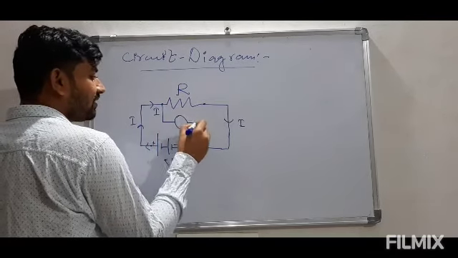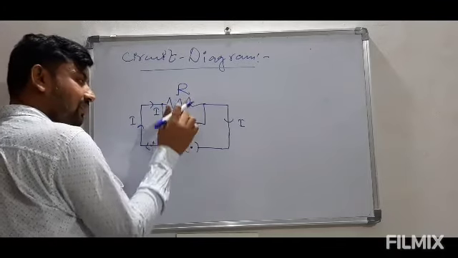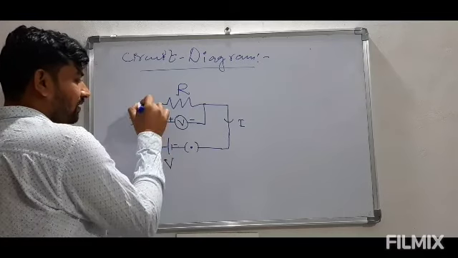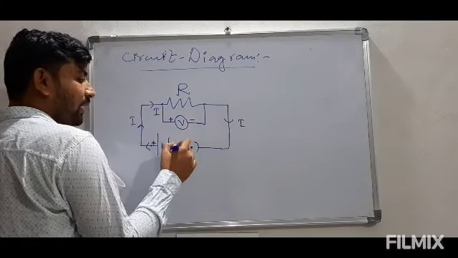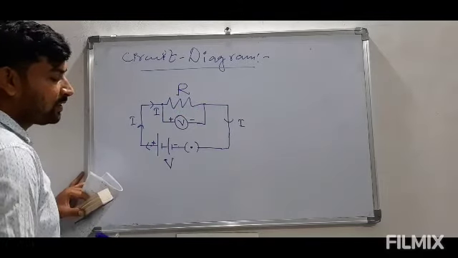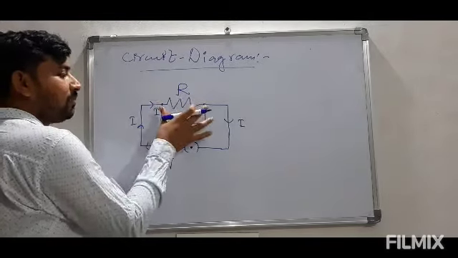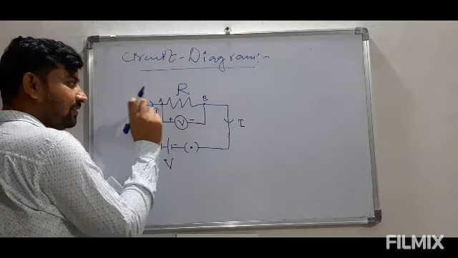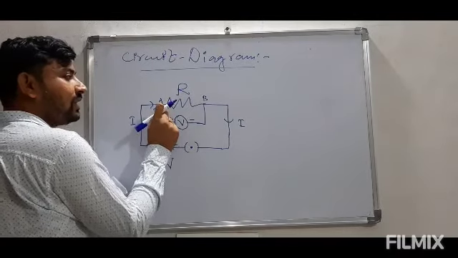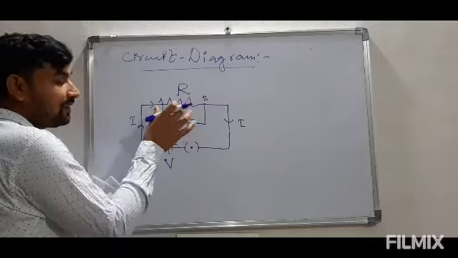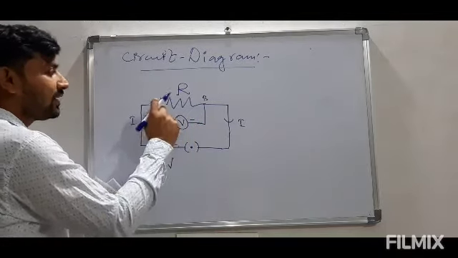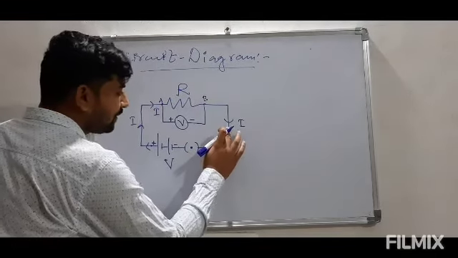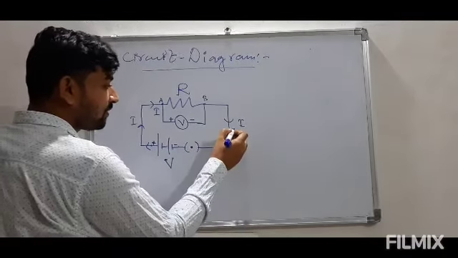We can connect voltmeter across the resistor like this. As this is positive polarity, whenever we connect it, this will be plus and the minus will be connected this way. So this is how we connect voltmeter in a circuit. By using this, if suppose we name it point A and B, this will measure the potential difference between point A and B, which is the same as the potential difference across the terminals of this resistance R.